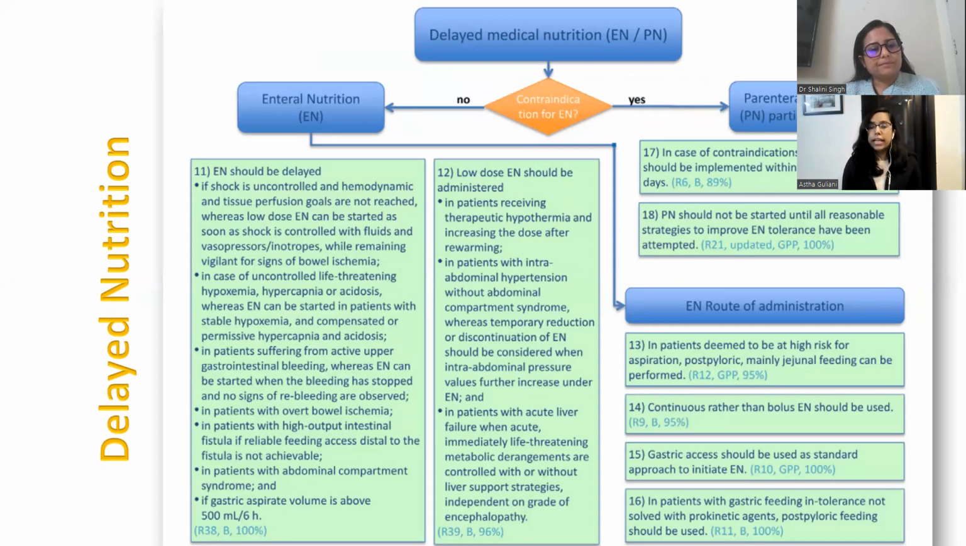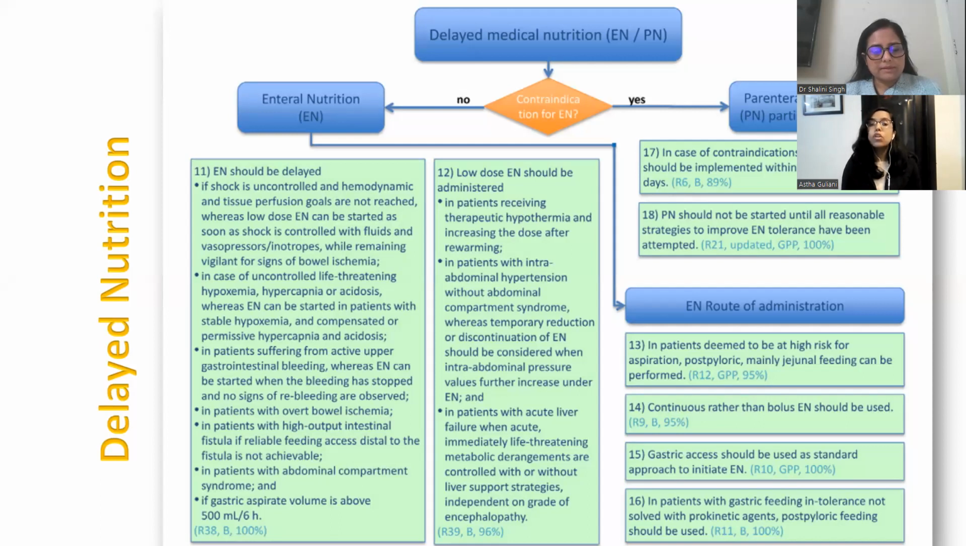Now, delayed medical nutrition: enteral nutrition may be delayed if the patient has shock which is uncontrolled, and hemodynamic and tissue perfusion goals are not reached. Whenever the patient's hemodynamic stability is maintained with the help of fluids, vasopressors, and inotropes, this is the condition where we can initiate low-dose enteral nutrition. Delayed, but we'll still try to control the shock with fluids and vasopressors and then start the patient on enteral